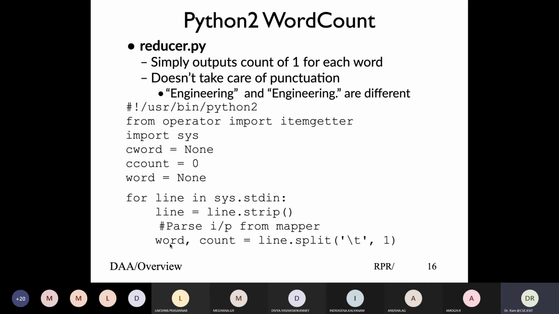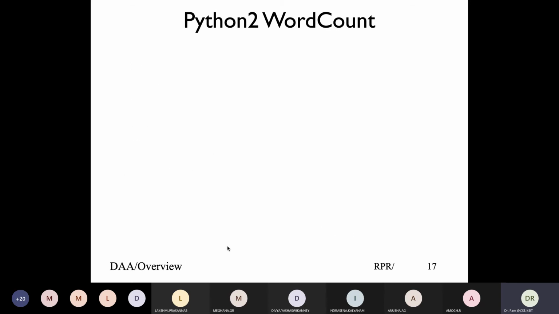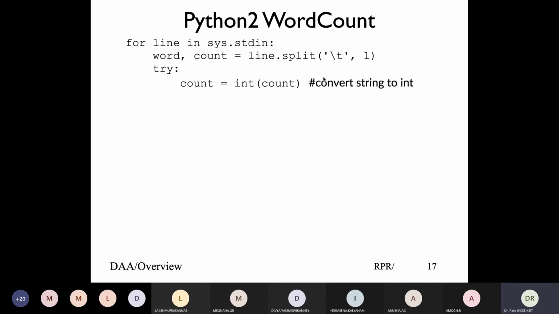That's what we'll get. So basically word and count, and we're splitting on tab, and we get only the first split, no more than that. Stop at the first split, even if there are multiple tabs, you still get one split. The first is the word, the second is the count. So this is how my reducer would look. I get word and count, then because everything is a string, you need to make sure you convert it into an integer, otherwise an exception will be thrown.